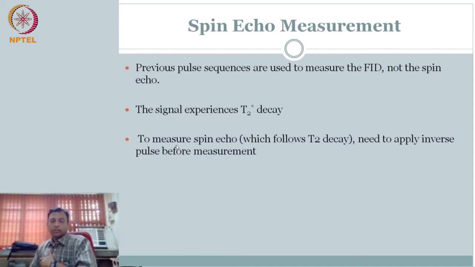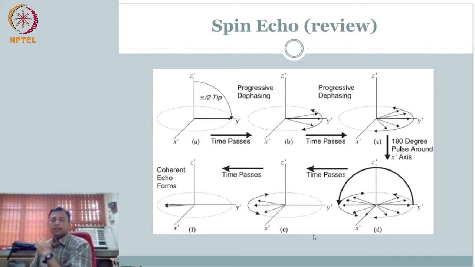So, to measure spin echo, that is, we want to do T2 decay, we need to apply a 180-degree pulse. Recall our sequence that we did before, or the sketch that we showed before. Before we do the timing sequence and see how it travels the frequency space, recall this is what we did. Pi by 2, you allowed it to dephase, and then immediately you applied a 180-degree pulse, and then it starts to come together, and you flip this many times to get what is called spin echo.